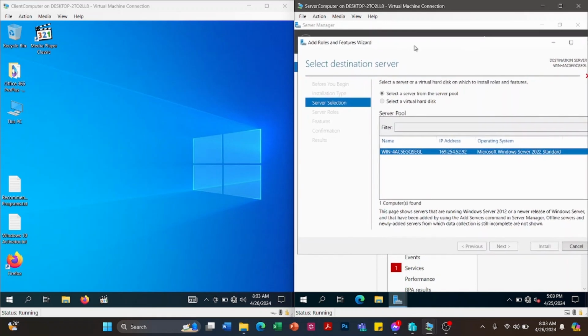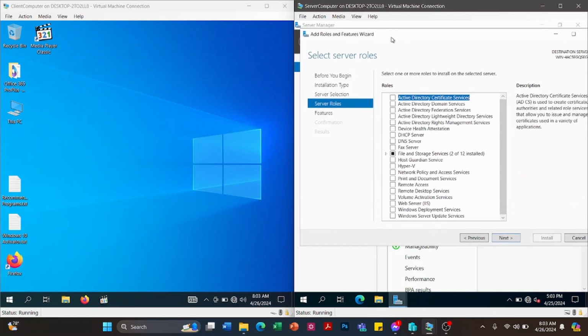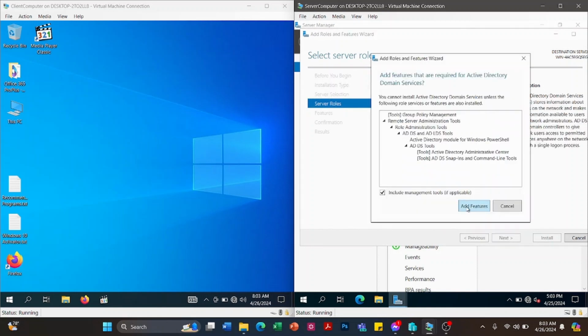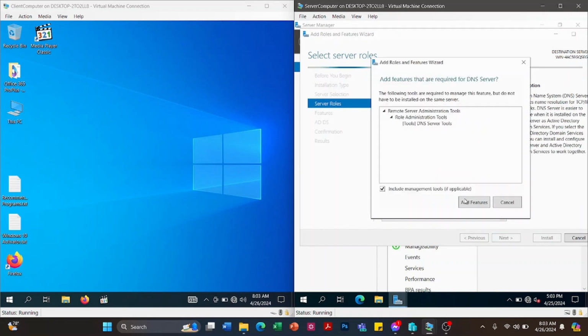The selection of installation will appear. We're going to select ADDS and DNS for the installation. The list of roles to be installed has already appeared. Then we check the checkbox of Active Directory Domain Services and just click Add Features. The next one is the DNS server.